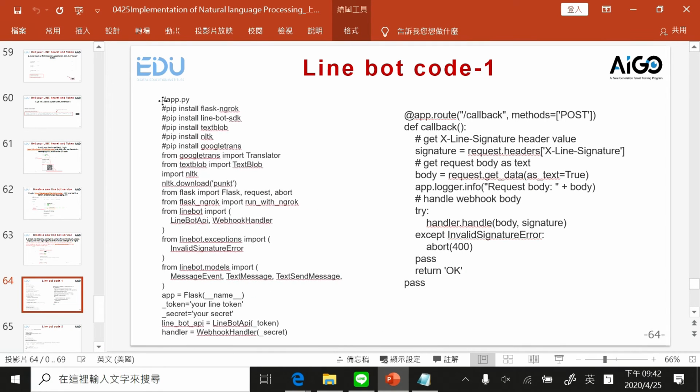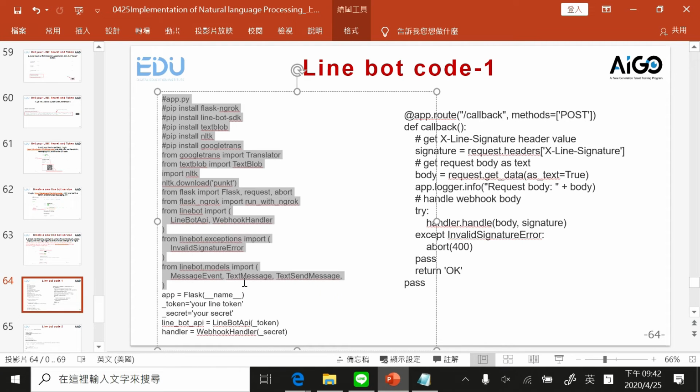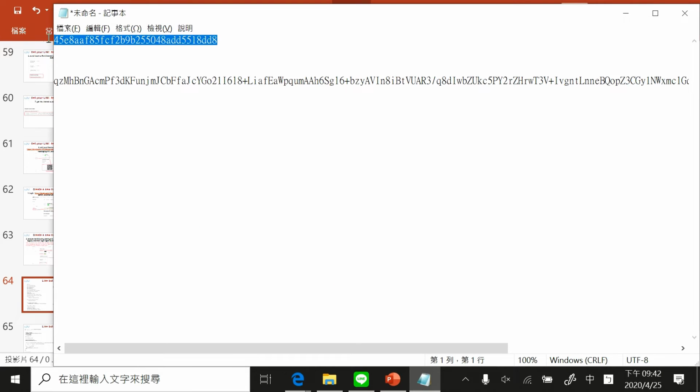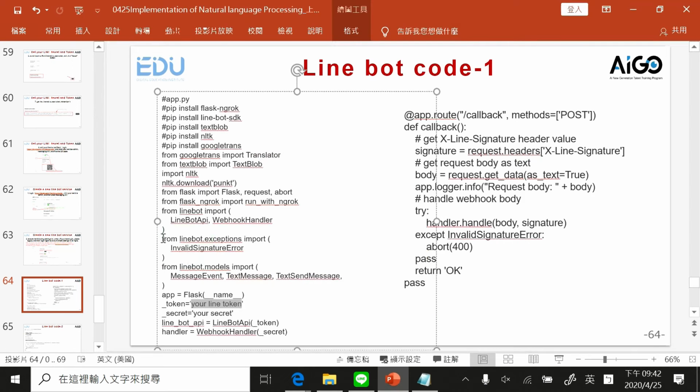This code, from here to here, is loading the LINE SDK and the token. Here, you need to replace this word with the token. This is the token that I just created. Press here, and then